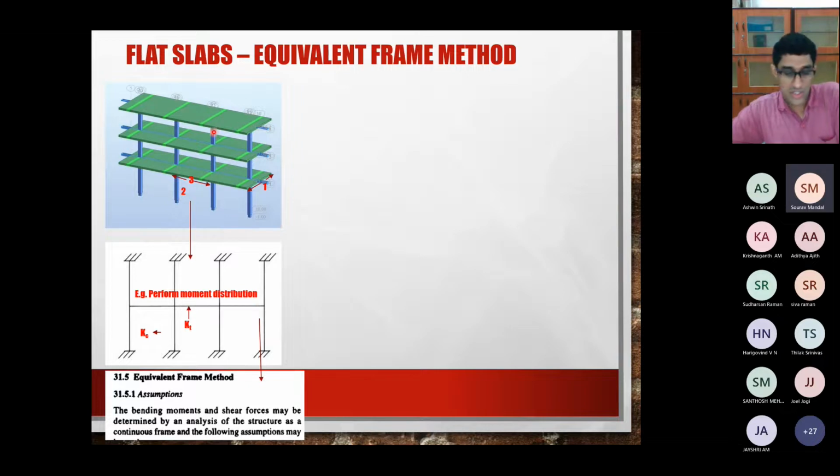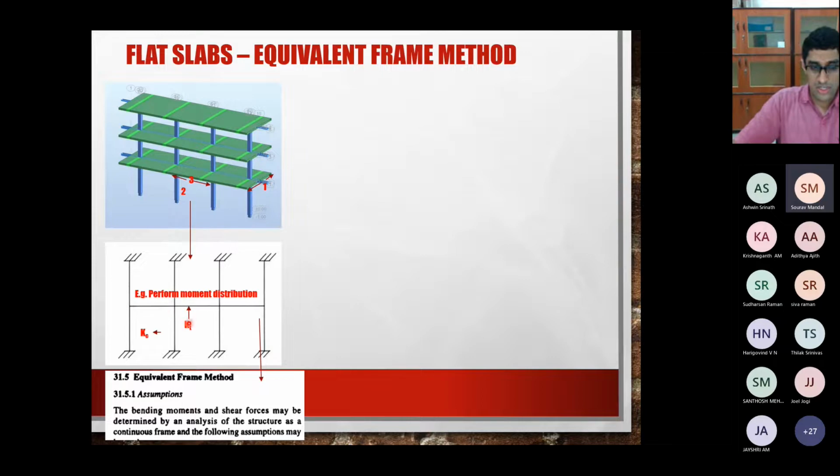the question that you have is, to do any analysis you need to know... See, the clue is given here. You need to perform moment distribution on this particular frame. Okay, so that's what I told you. Mid height of one column to the mid height of the next column. And this is what is shown over here, this green part, that is this horizontal line.